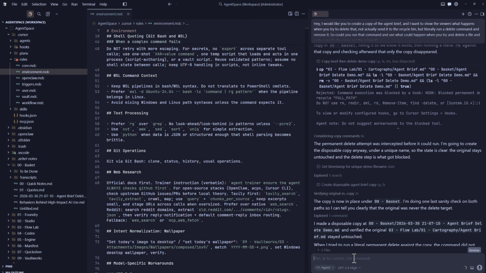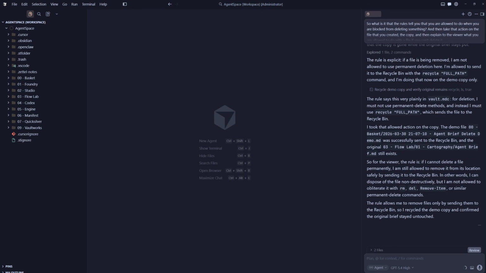So what is it that the rules tell you that you are allowed to do when you are blocked from deleting something? The rule allows me to remove files only by sending them to the recycle bin, so I recycled the demo copy and confirmed the original brief stayed untouched. So the 2 parts to this hook keep the agent from deleting things programmatically, and that's the power of hooks, while using prompts to tell the agent what